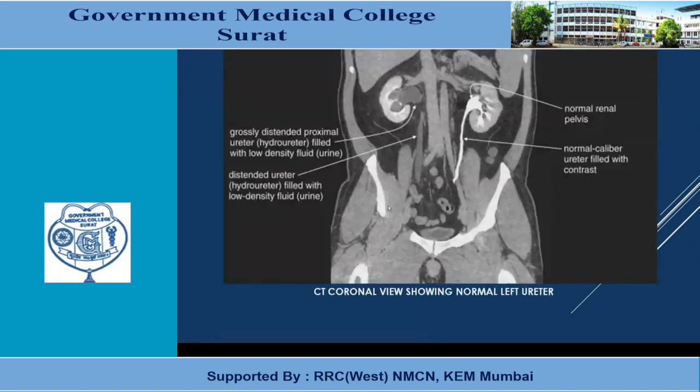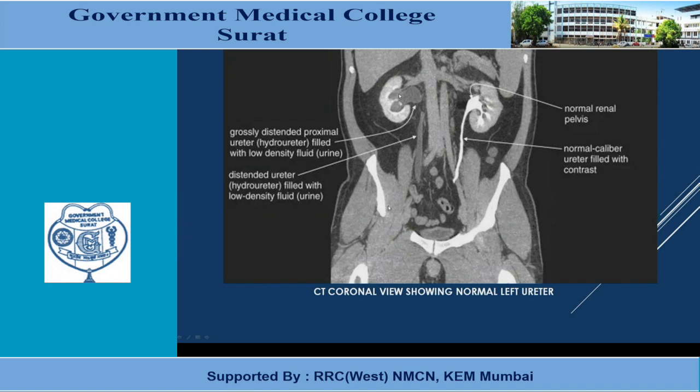This is the reconstructed image of a patient who underwent a CT urography study to rule out obstructive pathology on the right side. You can differentiate between the two sides. This is the right side, where the renal parenchyma is brighter. The left parenchyma is less bright, and the minor calyx and major calyx are excreting into the pelvis and the ureter. But on the right side, the contrast is not excreted from the right kidney, and a fluid density structure is seen, dilated as compared to the left side.